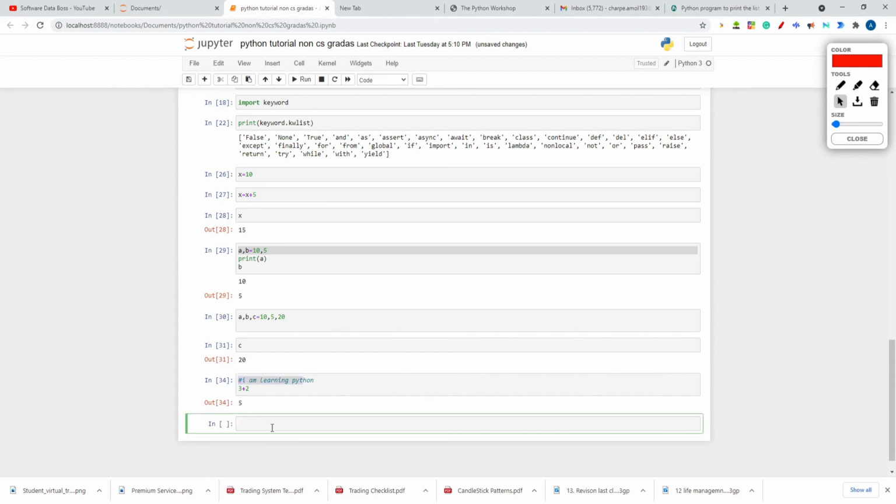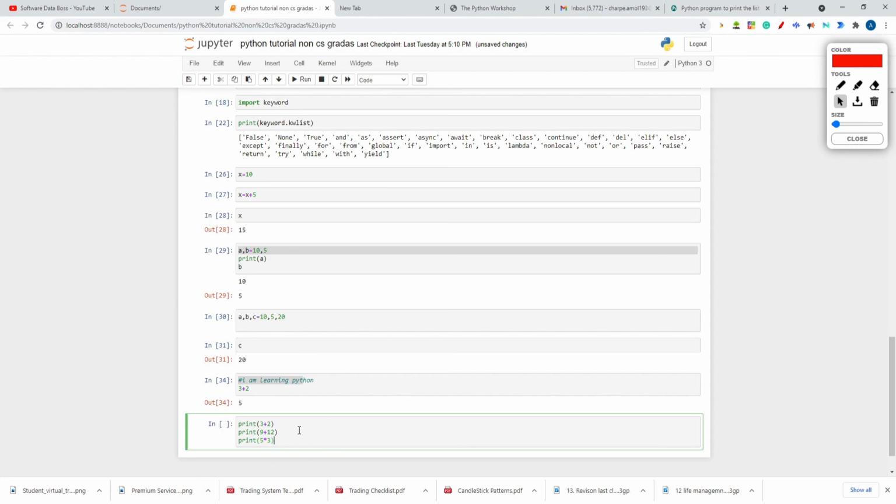Like this, let's say there are 3 print statements. Print 3 plus 2, then print 9 plus 12, and then one more statement, print 5 into 3, right?